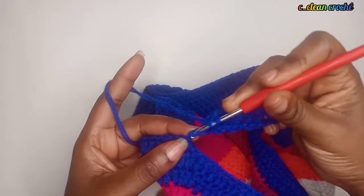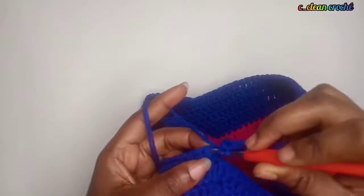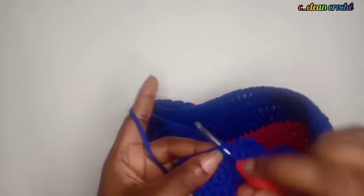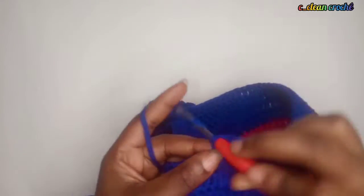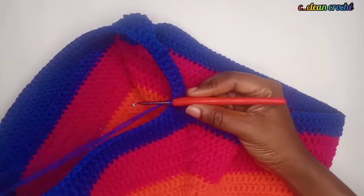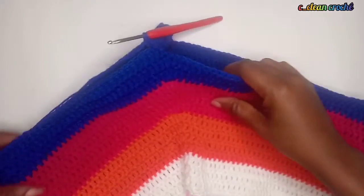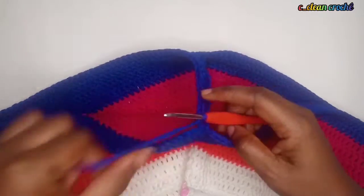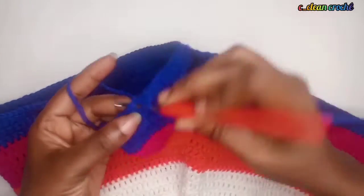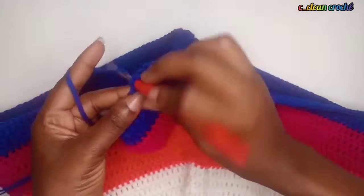So at the end, you make the front post. Okay, so when you get to the end, you start with your normal double crochet again. Right, so you keep on with your double crochet, and this time when we get to where the chain was created, you wouldn't make that front post again because you've already done that. So the rest, you just make a simple double crochet throughout,